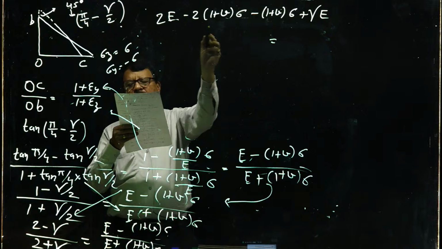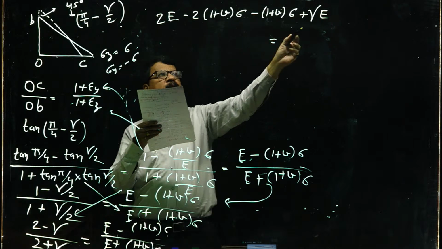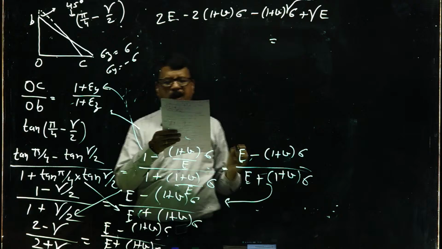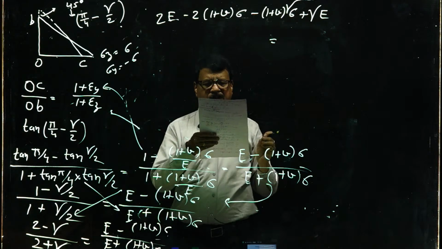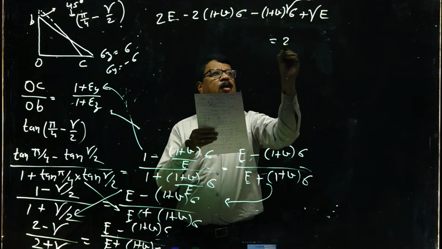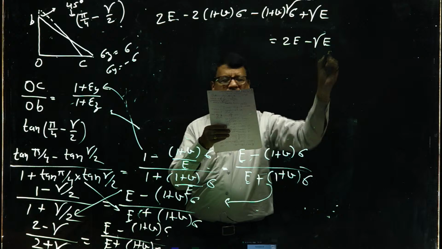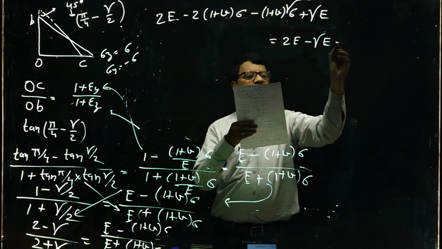Two e minus 2 (1 plus v) into sigma, this 1 plus v is into this, is equal to 2e minus, plus 2,